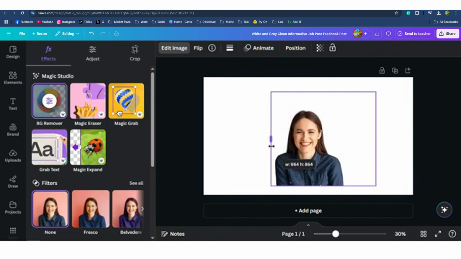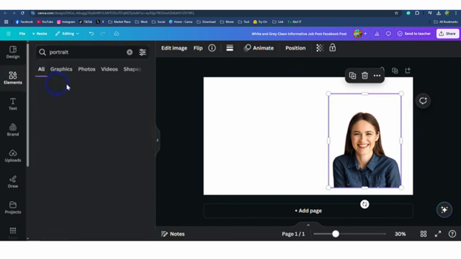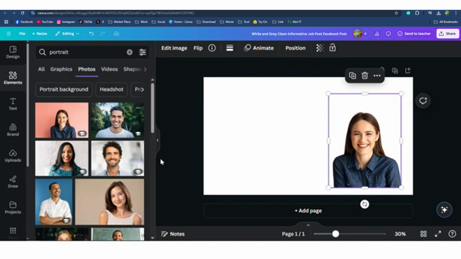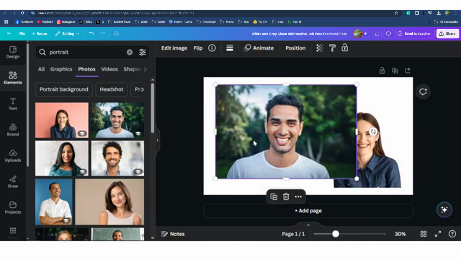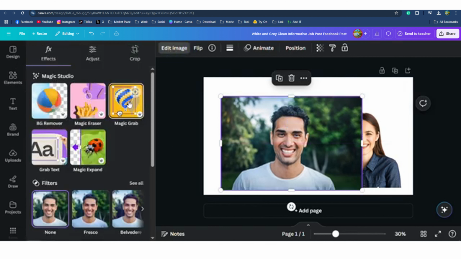Take another photo. I'm going to Elements again. I'm going to search with Portrait. I'm going to Photos and take this one to show you. Another option is that again you have to go to Edit Image after selecting this photo, and then find Magic